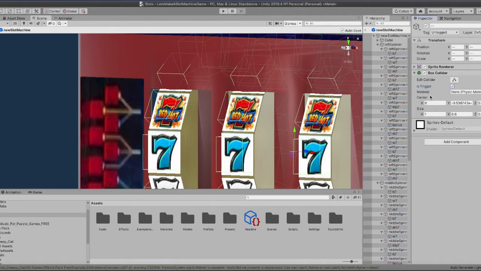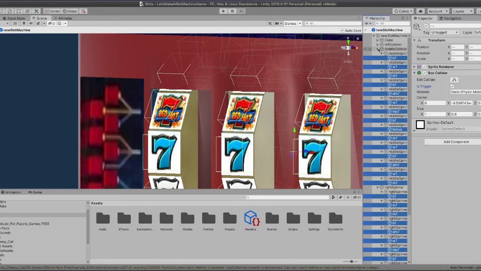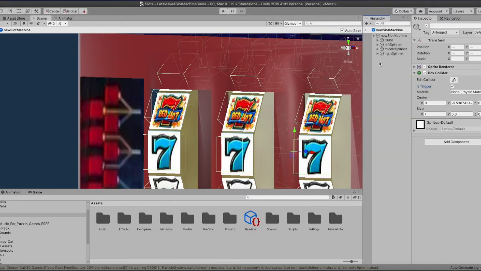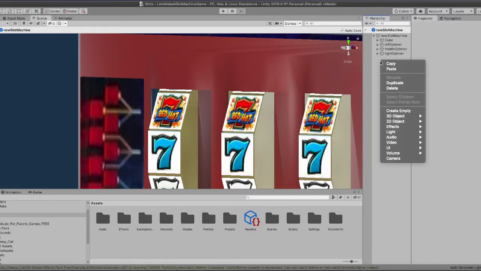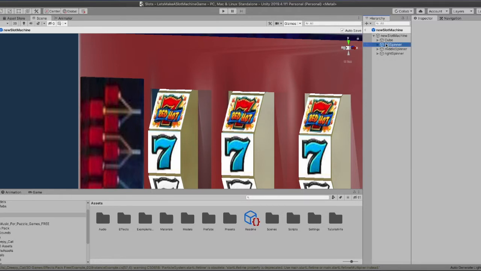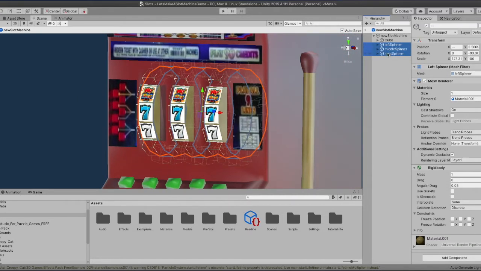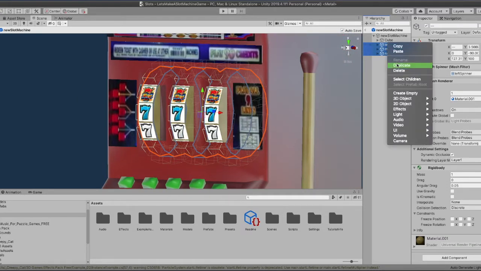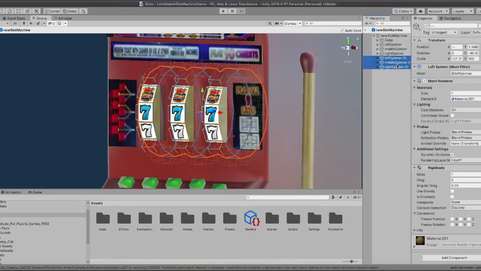Just a note, I put this is trigger. It's going to be the other way around. You're going to see, I'm going to create the actual score boxes next, the score colliders, and those will be the triggers. So go ahead and make sure you do not put those as triggers,